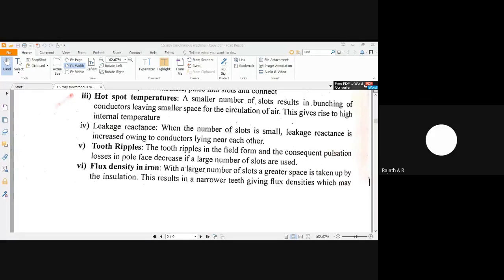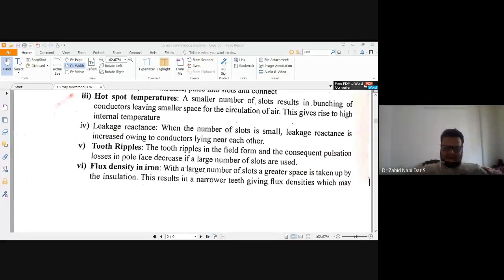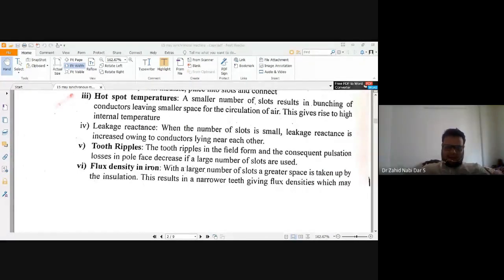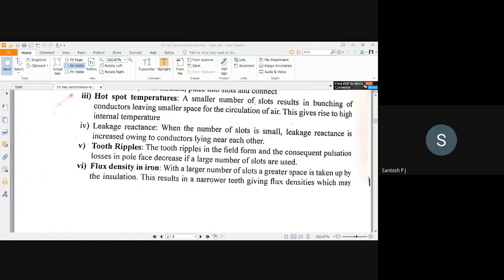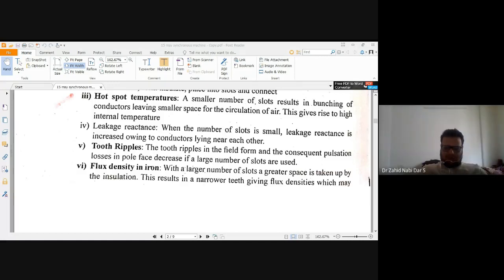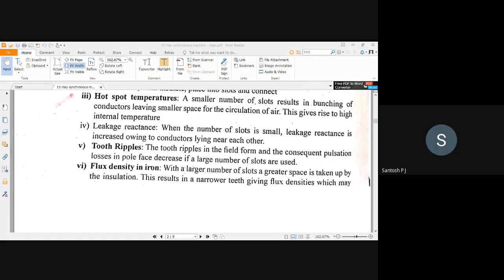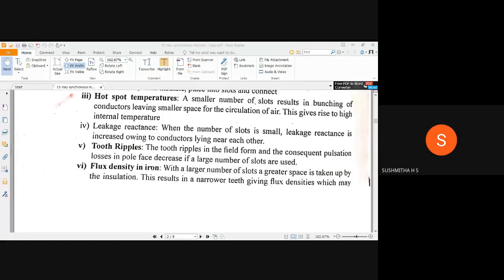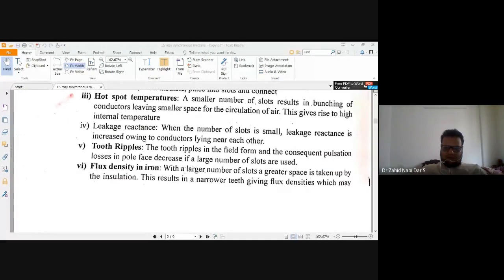Santosh? Sir, ripple means distraction in the waves. Ripple means what? Sir, variation in the DC voltage. Somebody told variation. Ripple means real-time variations, disturbance in the voltage of the current. Okay. Sushmita, what do you mean by ripple?